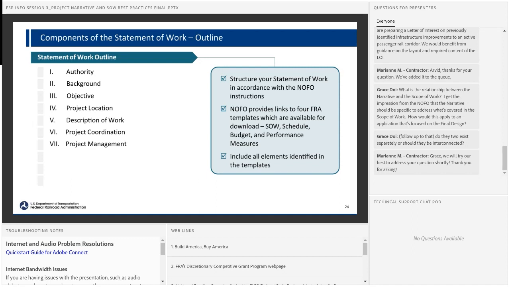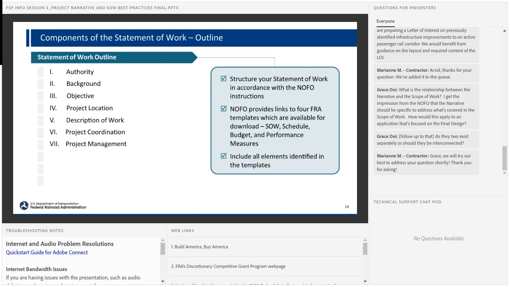You'll see if you look at the templates that a lot of authority, some of objective, and a lot of project coordination and project management are pretty standard. That language is included in the templates. You can customize a little bit if you want, but probably 90% of those are the same across all of our grants.